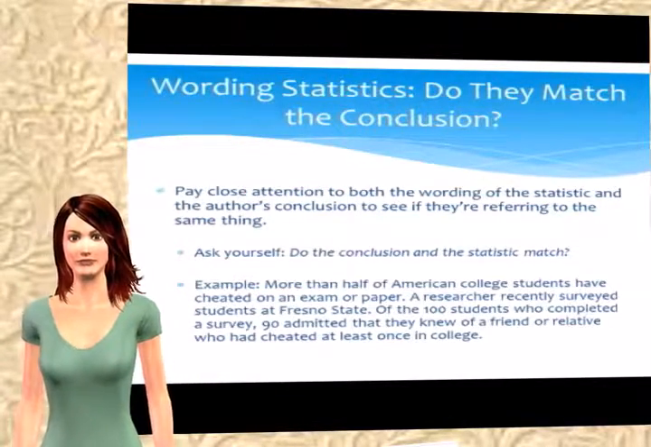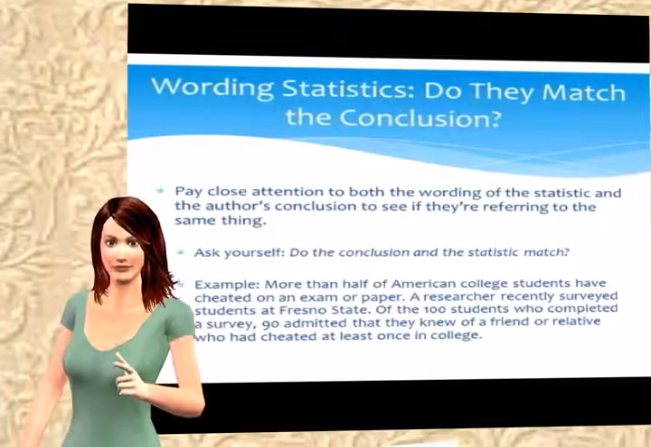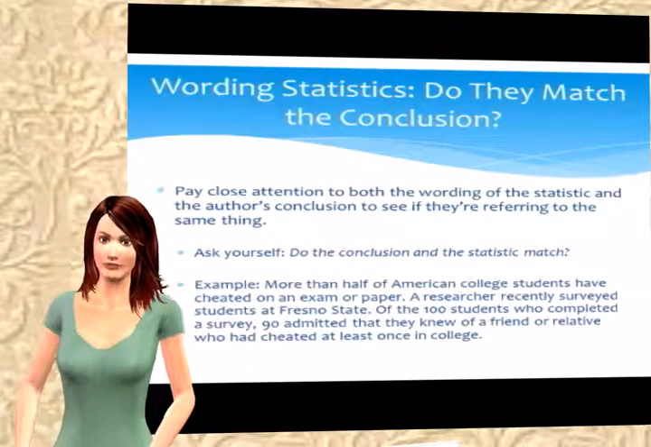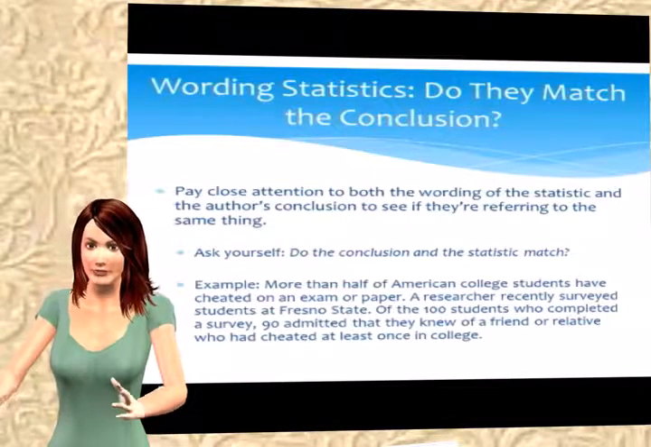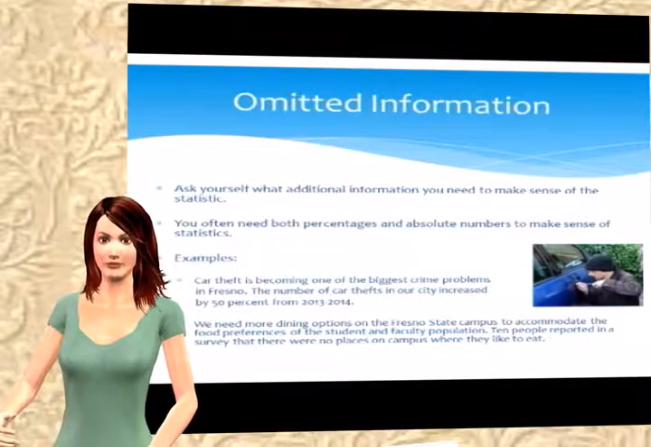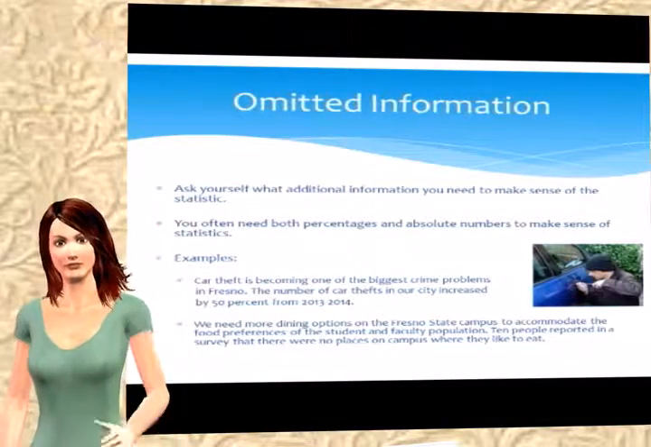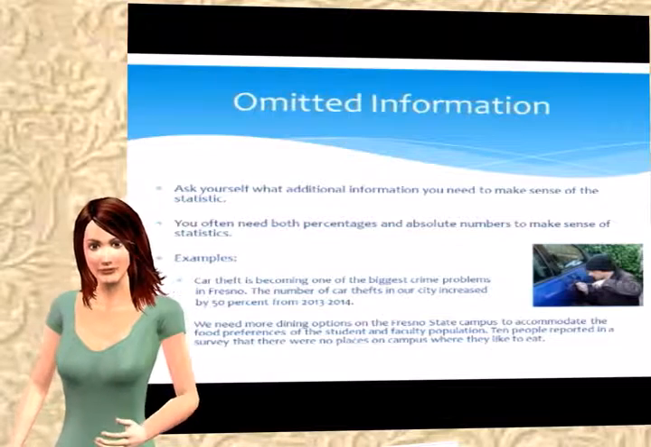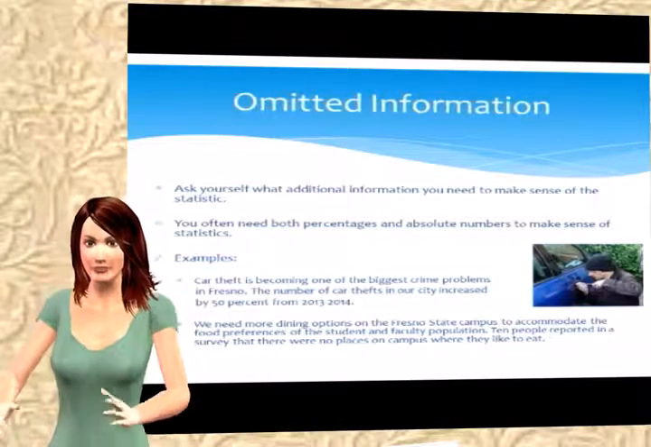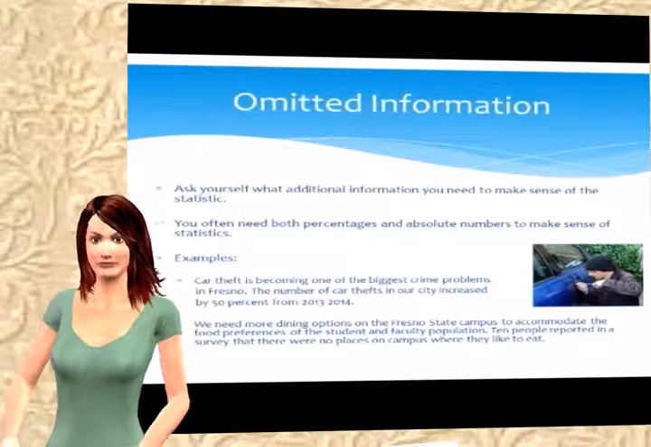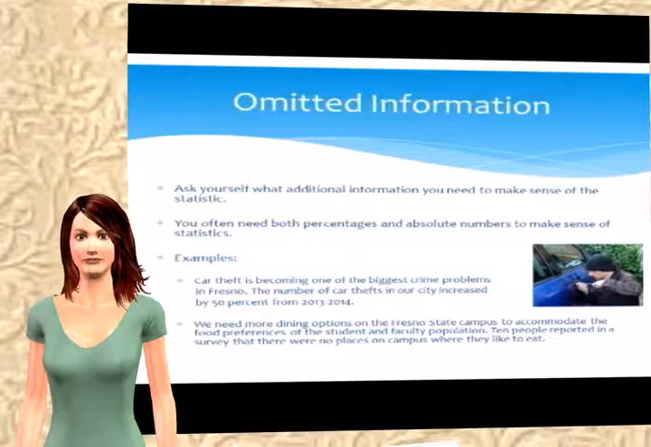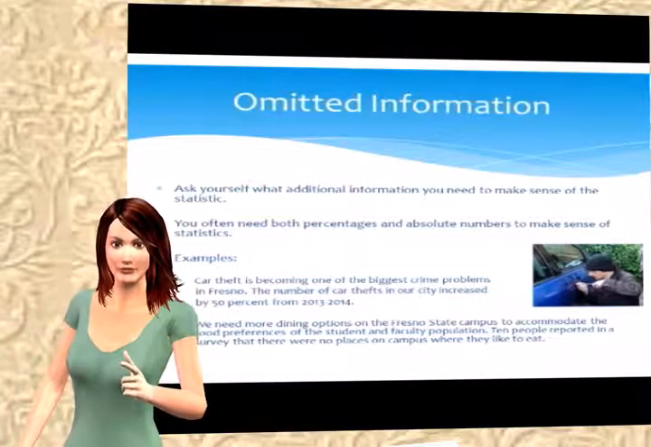So authors can be pretty tricky. Sometimes it'll seem like it's on the same topic, but as in this case, the statistic and the conclusion are actually referring to two different things. We also want to be very mindful of certain pieces of omitted information, what's left out. And you want to ask yourself, what additional information am I going to need to make sense of this statistic? In most cases, you need both percentages and absolute numbers